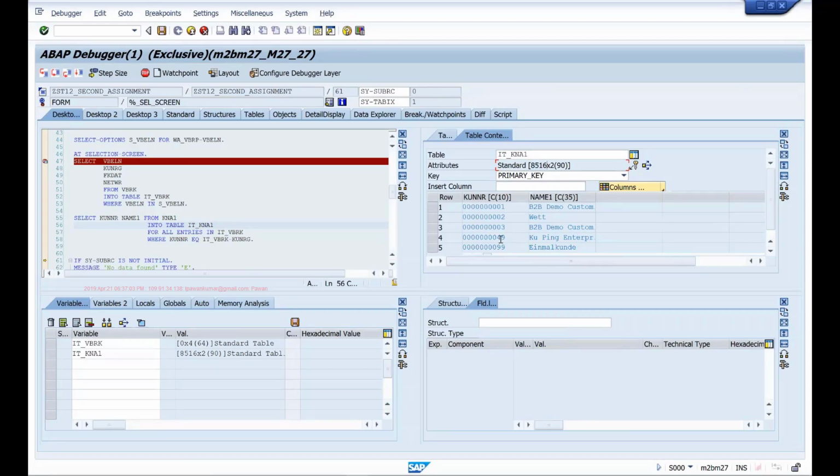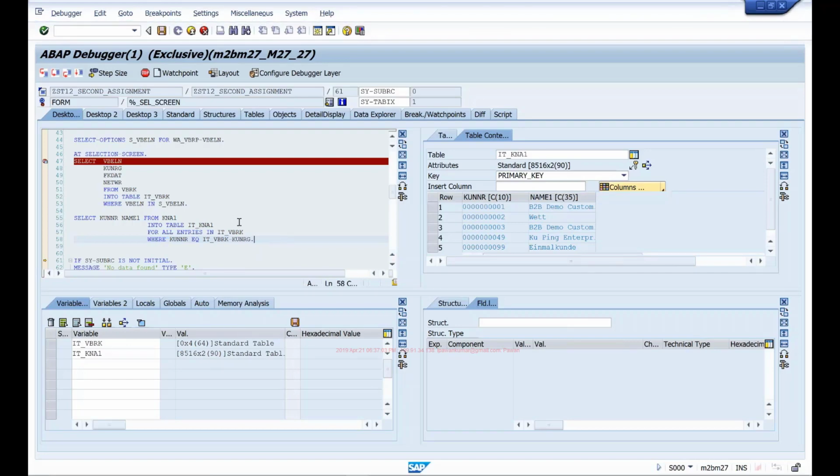So instead of ignoring the select, or instead of this select failing, it has actually fetched all the data from the database. And we've also seen that your internal table has a size limitation. So typically it is limited to 500 MB, whereas your database table can have much more data, right? So if this table is huge, and if you are trying to dump all the data from the database into your internal table, then if the size of that data exceeds 500 MB, then it will give a runtime error because your internal table cannot take more data than 500 MB. So you'll get these runtime errors in your program. So that's why we never write a select without where clause.